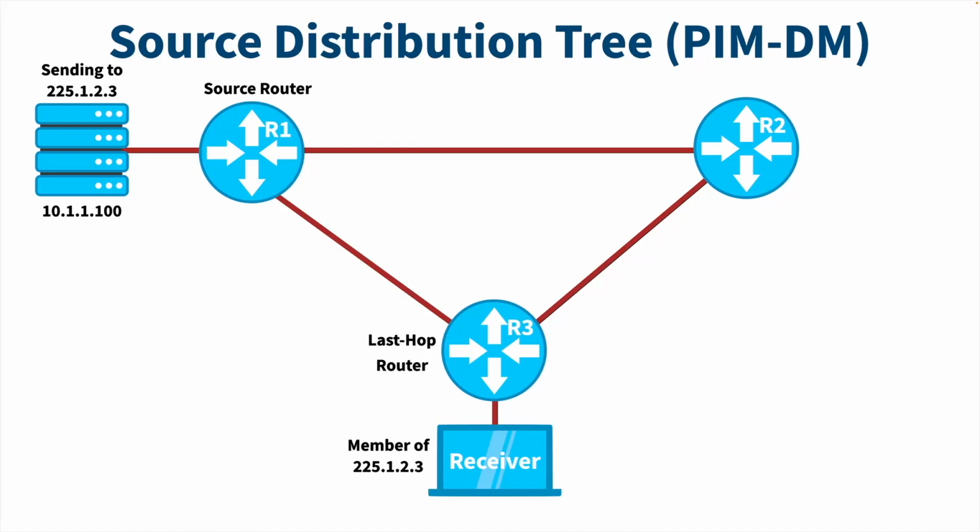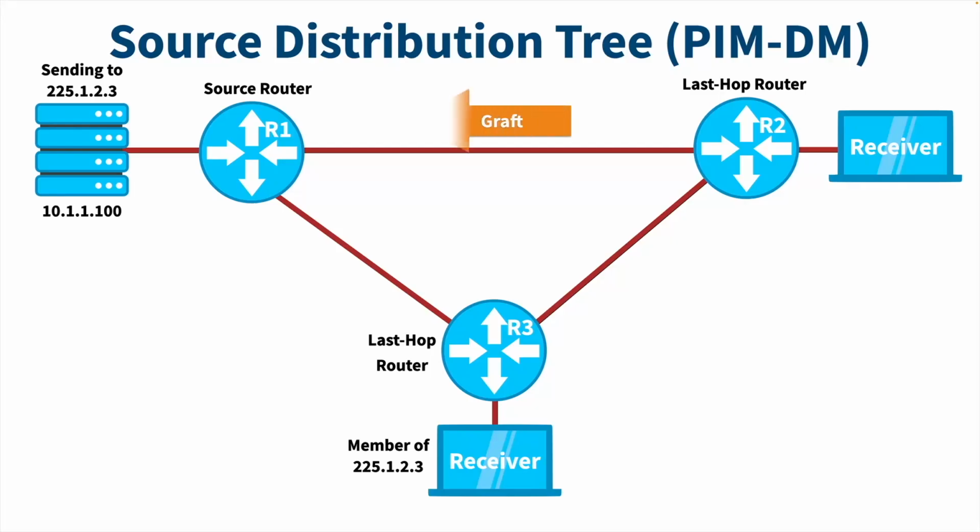But now we've got this optimal tree, but let's say that another device joins off of R2. Let's say that we've got another receiver saying, I also want to get traffic destined for 225.1.2.3. Well, R2 needs to become part of this distribution tree. And just like in nature, where we can graft on one branch to another branch, you cut them diagonally and you wrap them up, we can graft on a branch to this distribution tree,